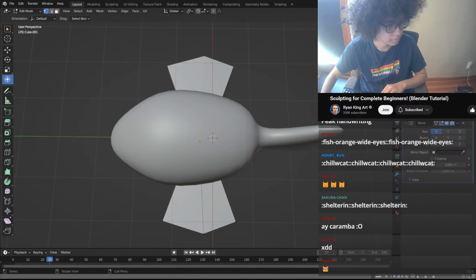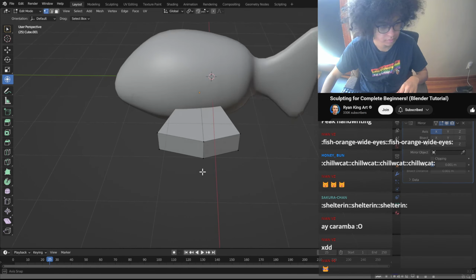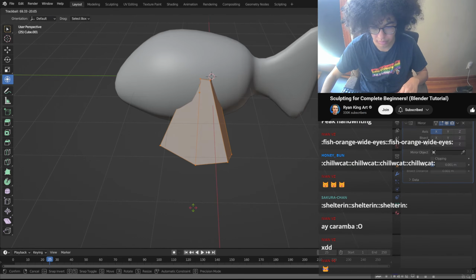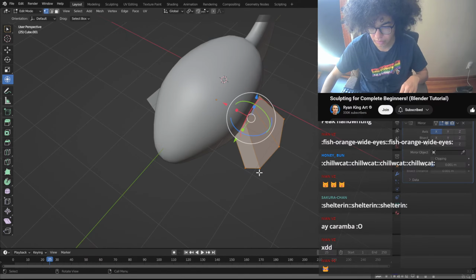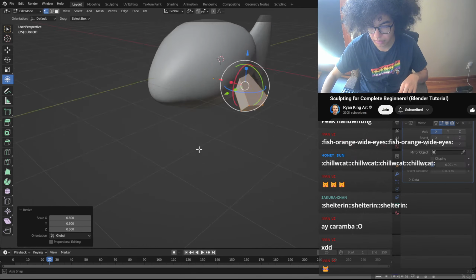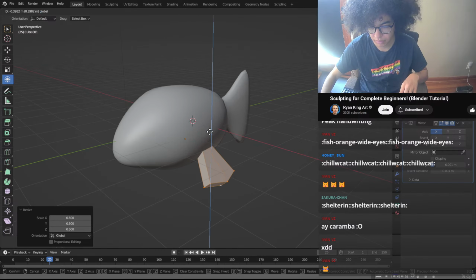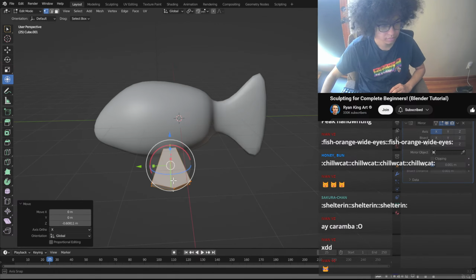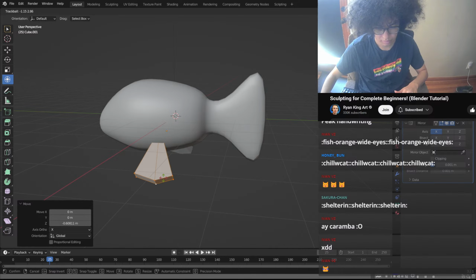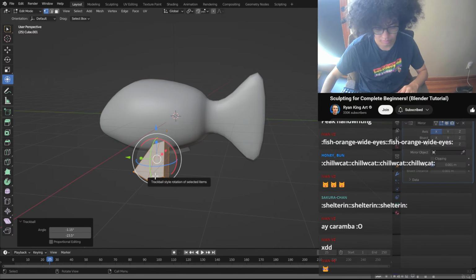Scale everything up on the y-axis. Then I can rotate it. Let's rotate it around. You can also double tap the R key, and that will enable the trackball rotation. And you can kind of rotate that down and bring it down a little bit, something like that. Let's hit Tab to go back to object mode, and I'll press Control 2 to add a subdivision surface with 2 levels. And then we can hit Tab to go back into edit mode, and I will press Control R